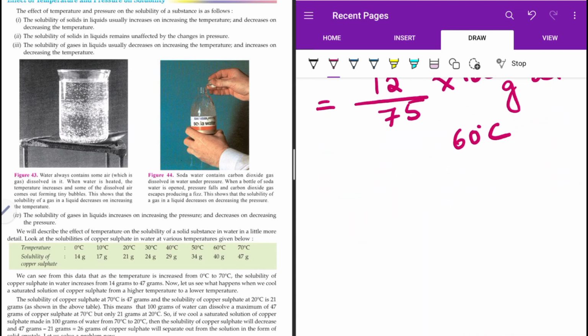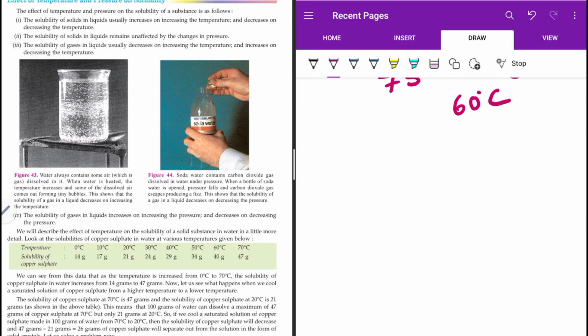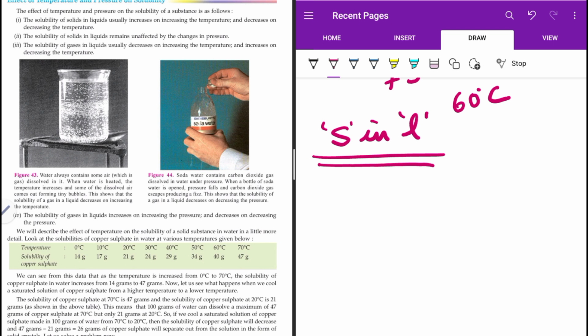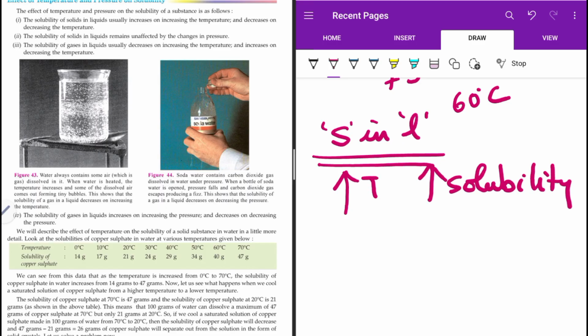Now it depends what you are taking, whether you are taking solid in liquid or you are taking gas in liquid. So if I assume that you are taking solid in liquid, then remember that with increase in temperature, the solubility of the solid in a given mass of the solvent is increasing. Solubility increases, and since solids are incompressible,